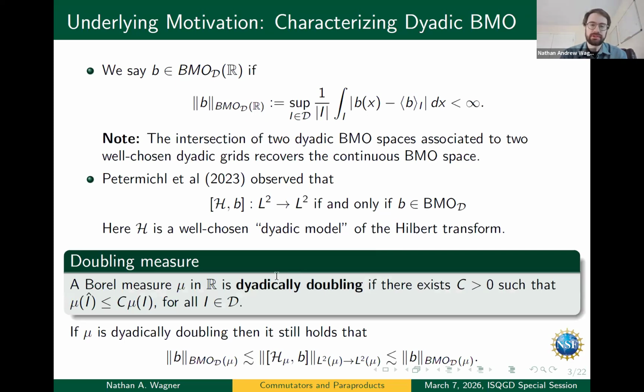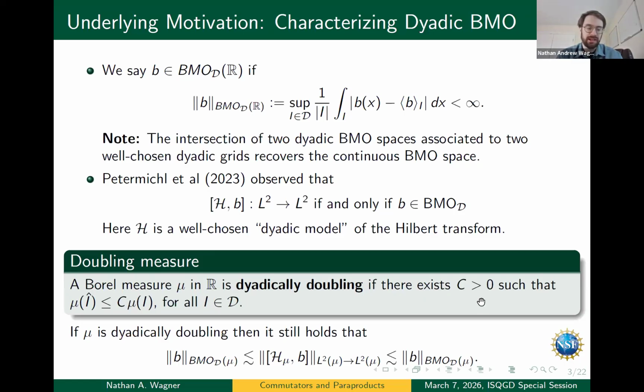So we're going to talk about non-homogeneous harmonic analysis today, which means we're going to change the underlying measure. And so here everything is with respect to Lebesgue measure. All of these averages defining the BMO space are computed with respect to the Lebesgue measure on the line. But the theory actually doesn't change too much if you assume your measure mu is what's called dyadically doubling, which